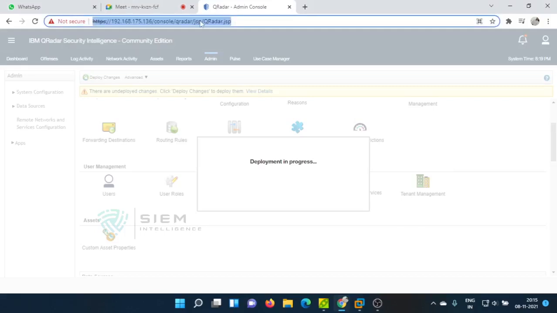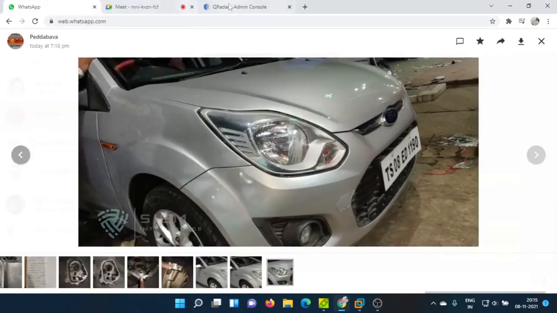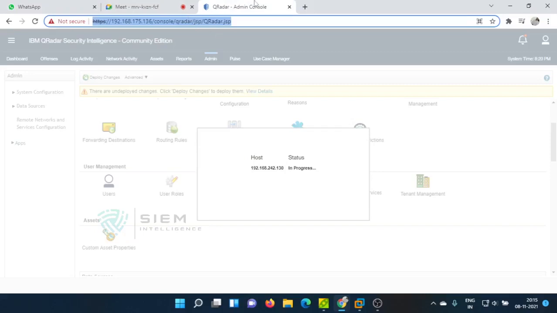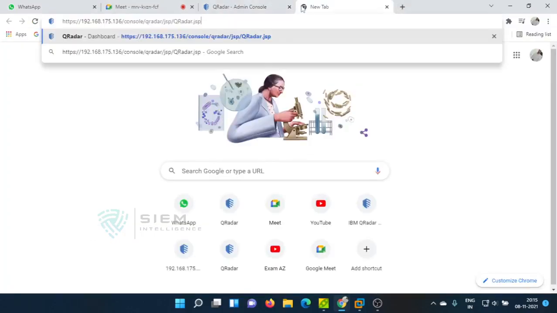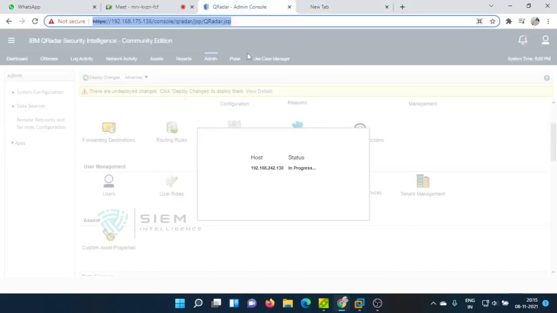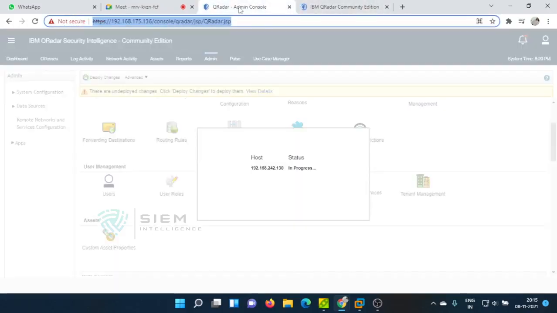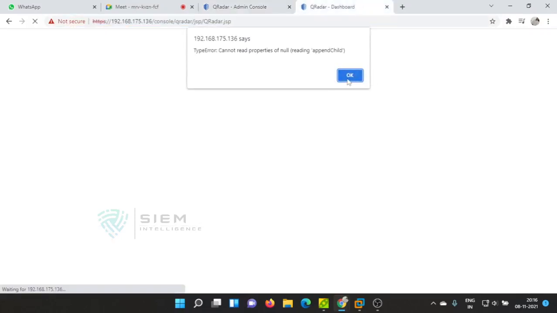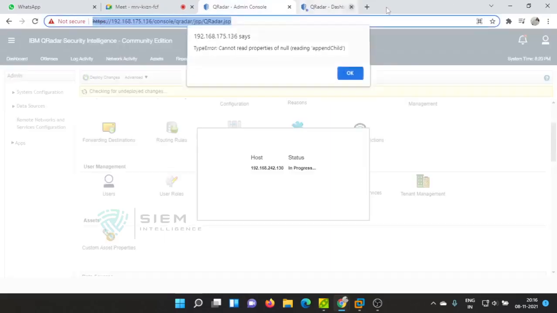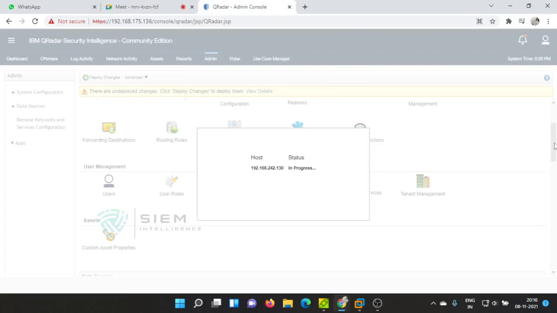Taking so much of time. Because of these kinds of things I used to do it in the workstation, but it is stuck again.